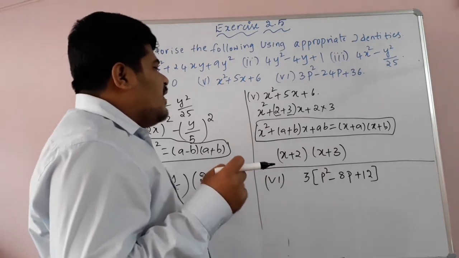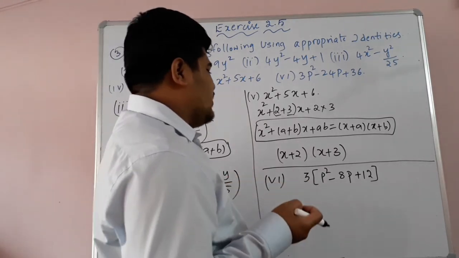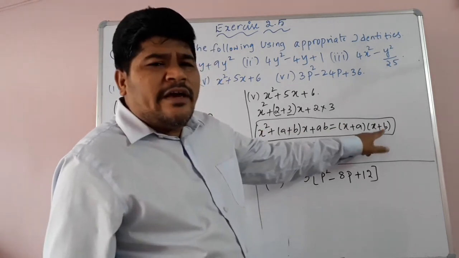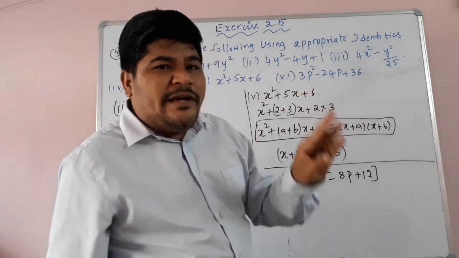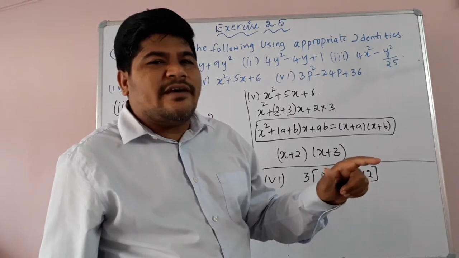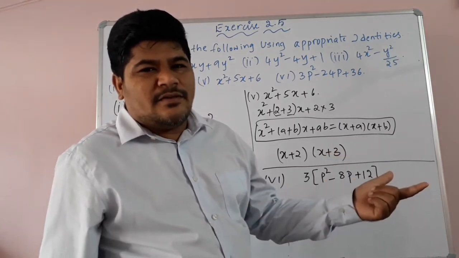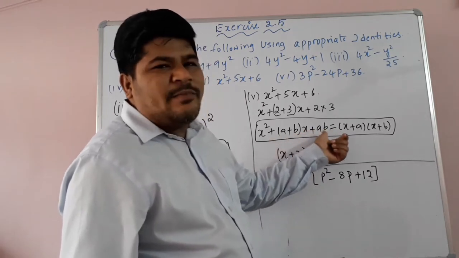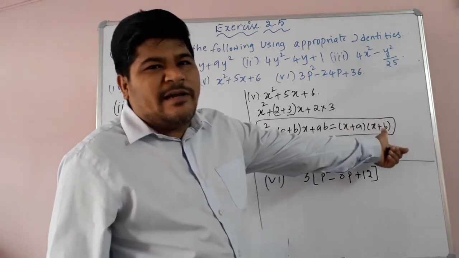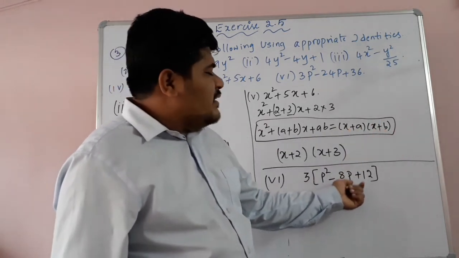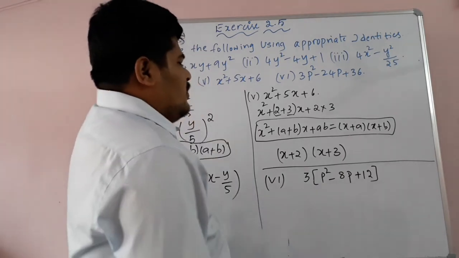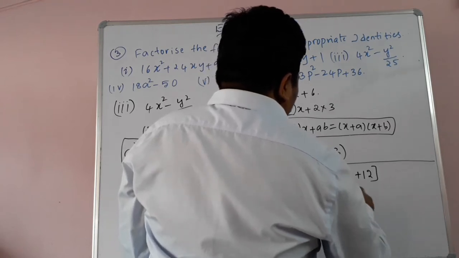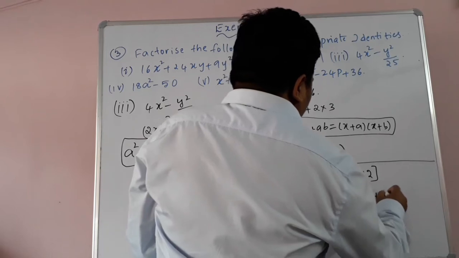Okay, so children, suppose if you see (x minus a) into (x minus b) is there, children. How is it written? x square minus (a plus b) into x plus ab. Okay. So x square minus (a plus b) into x plus ab can be written as (x minus a) into (x minus b). So 3 is one factor. So the remaining things we will factor in that way. So children, one more step I will tell you. So we can write as 3 of p square minus (6 plus 2) into p plus 6 into 2.